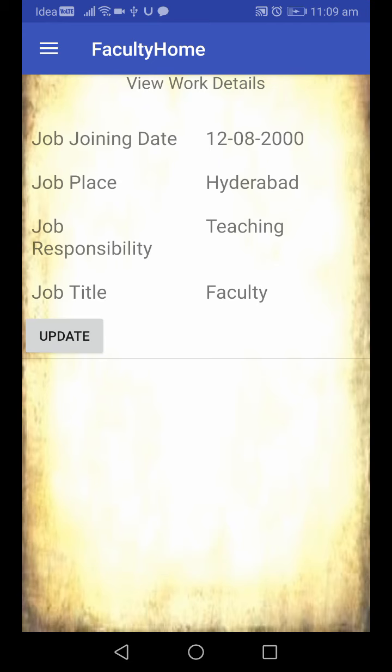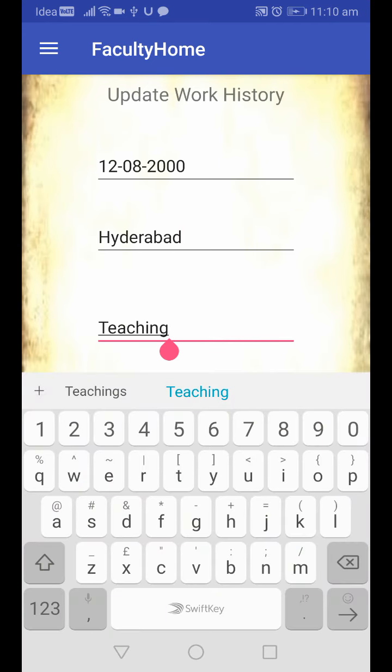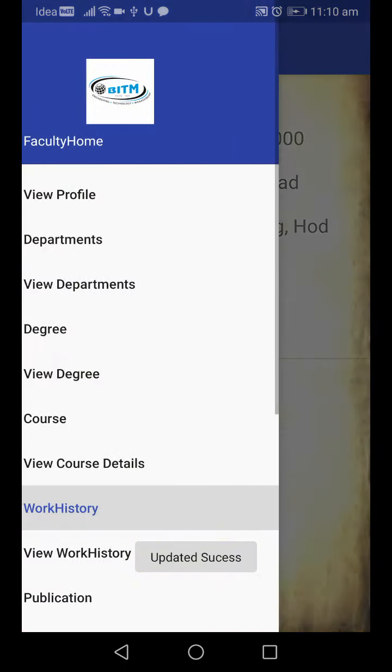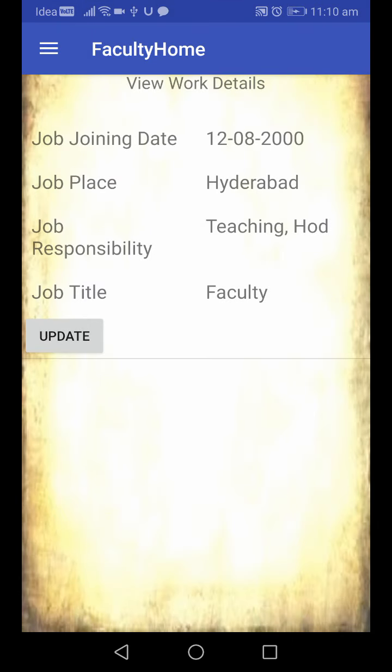This is my work history. In case in future I become HOD, submit, and all my details will be updated. When I click view work history, all the work history details I added are visible here.